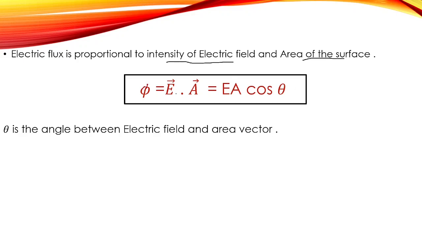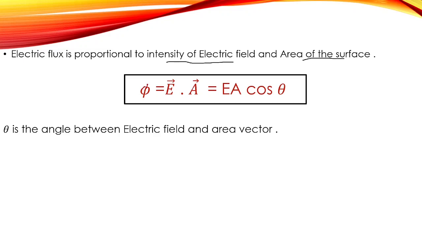One thing you should remember is that the result of a dot product will always be a scalar quantity and the result of a cross product will always be a vector quantity. Since here we have a dot product, our electric flux is a scalar quantity. That means it doesn't have a direction. But if you are doing a cross product, then you will get the final answer as a vector quantity which has both magnitude and direction. That's the main thing you should keep in mind.